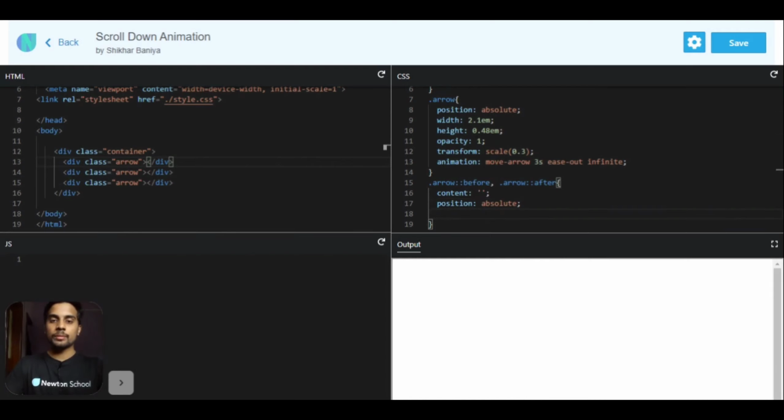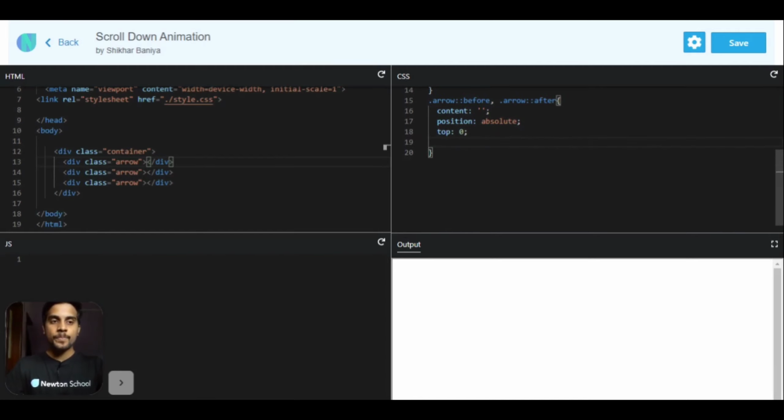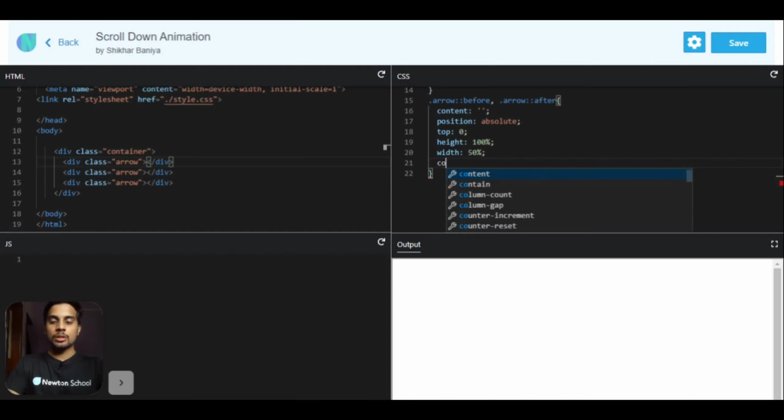Position will be absolute, top will be 0. Let's give it a height of 100% and a width of 50%, and let's change the background color, hash 2C3E50.